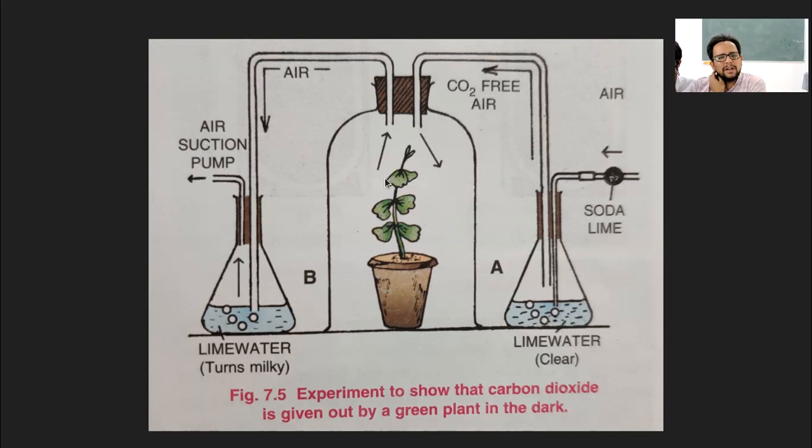so the air that contains oxygen will be utilized by the plant. The plant will respire, taking in oxygen, so carbon dioxide will be given out. So when this air is flowing through the next flask, which again contains lime water, it will turn milky or turbid, and that is an indication that this plant has given out carbon dioxide. It's again a very simple setup. I hope you people don't have any question, but if at all, please ask.